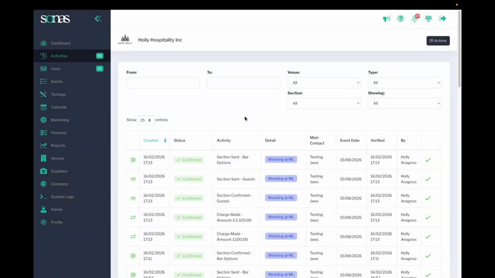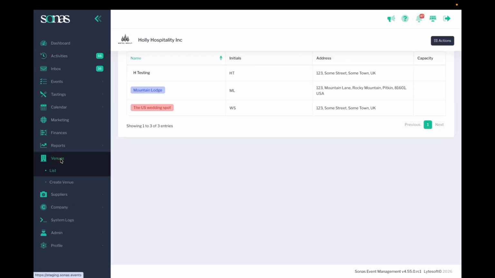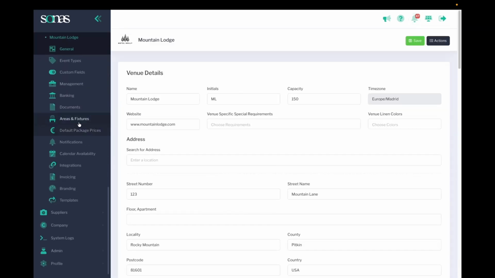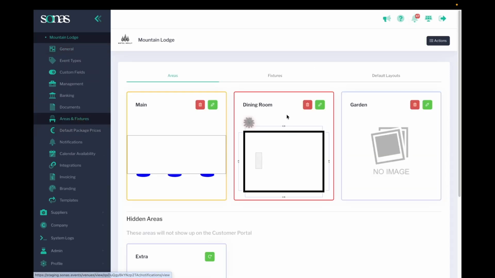Hello, today we are going to build out default layouts. So these are default room layouts that you can then apply to your events. So we're going to navigate down to venue, areas and fixtures. And here we have the dining room, which we uploaded as part of the previous video on